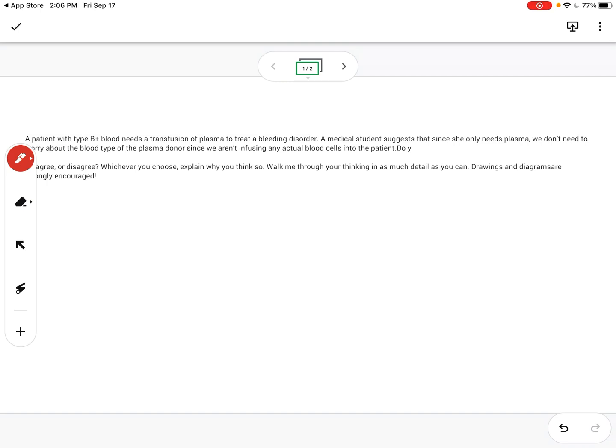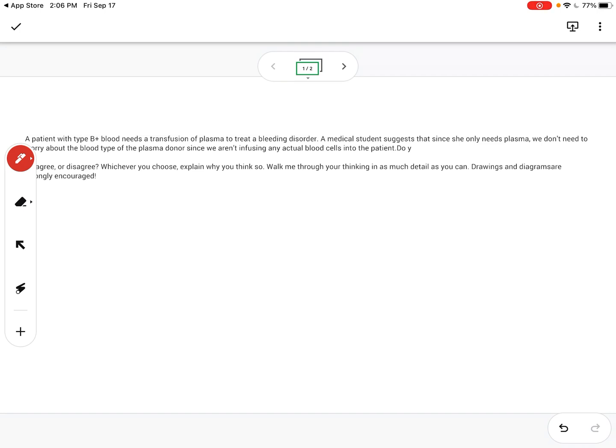We've got a patient with type B positive blood, and they need a transfusion of plasma specifically. So they're not getting a whole blood transfusion. We're just going to do that trick where you can spin the blood and get the plasma fraction of it. And that is very useful, especially for people with hemophilias and bleeding disorders, because the plasma is where all your clotting factors are. So you don't have to give the person whole blood, you just give them the part of